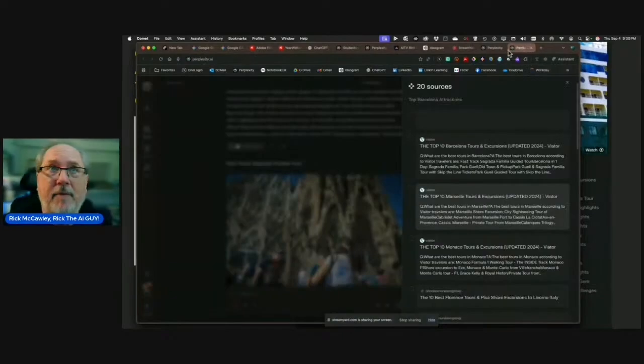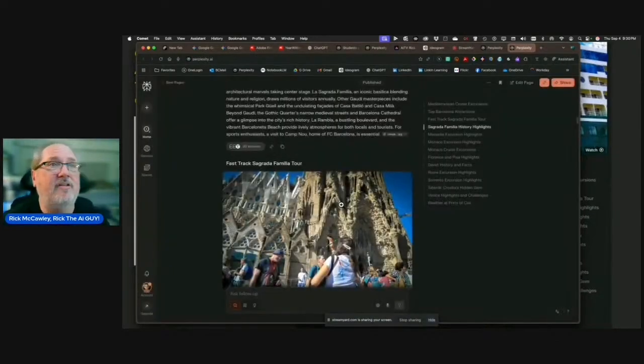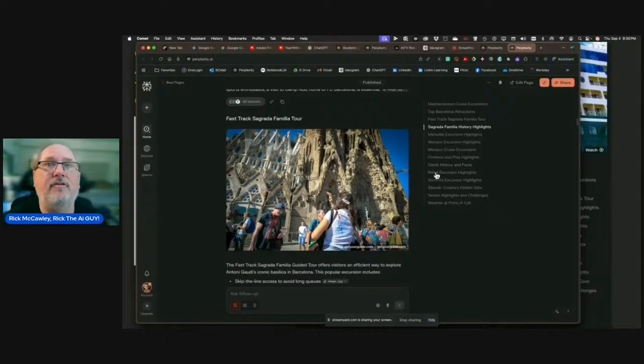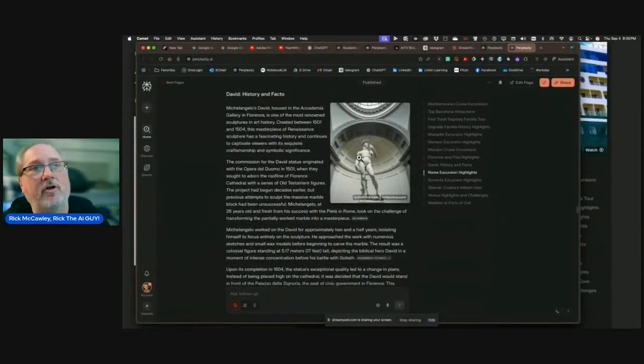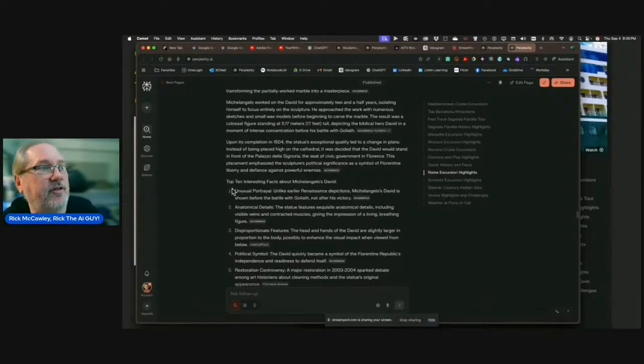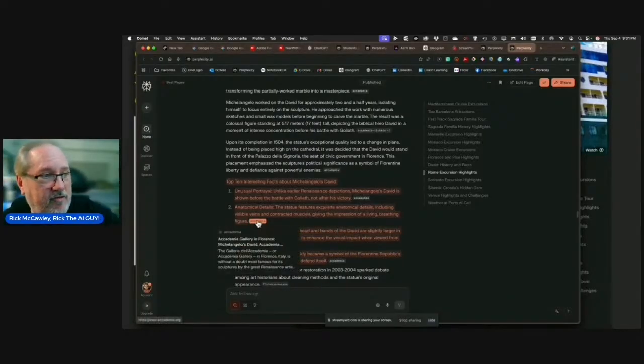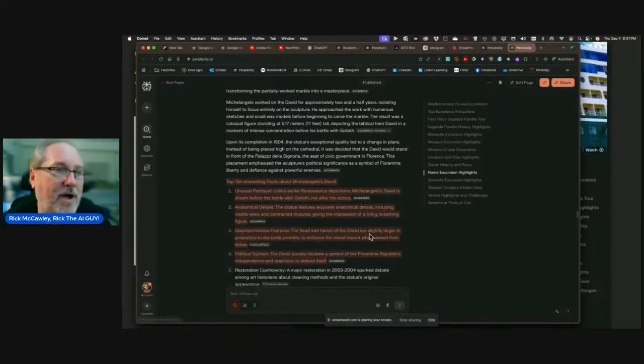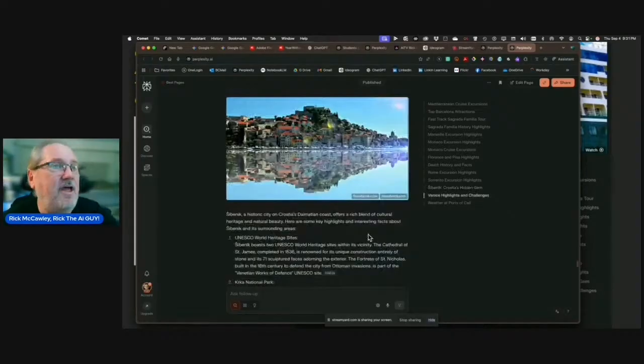So let's close that and go back up to this. That's your sources, and that's just for one place. Then you can come in here and take a look. So every city. Here's Rome. Get to Rome. Want to know about Michelangelo's David? Here's the things about it. So I always ask, what are the top interesting facts about Michelangelo's David? Didn't know. And there it is. And then where to get it from? There's an academia right there. Florence's Michelangelo's David. I didn't realize there was an 8-foot version of him, that he did like 3 of these. And one of them we walked to and then had a gelato next door recommended by Perplexity. I'm not making this up. So literally every night.